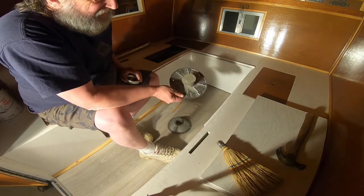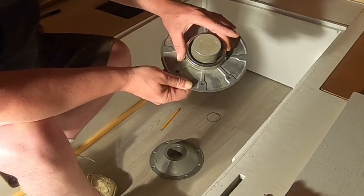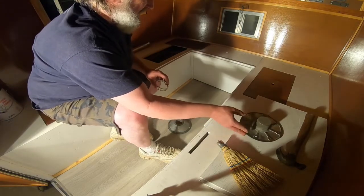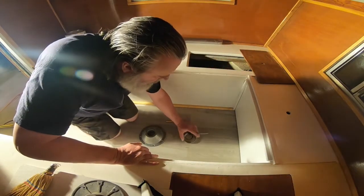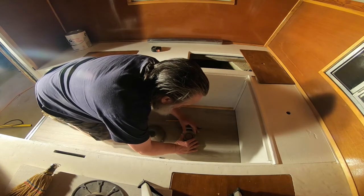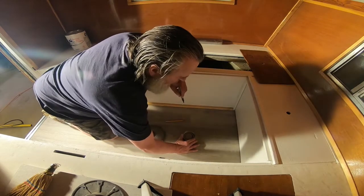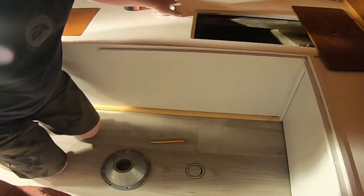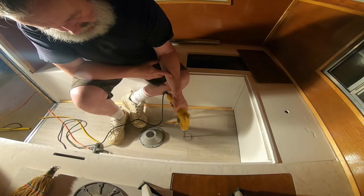Okay, now because this sinks down through the floor, I'm going to use this to make a bit bigger of a circle. That way there's some movement either way. And a bigger circle should be easier to cut with the jigsaw. Okay, I think you're aimed in the right direction. Like so. There's a circle. Now, the scary part. Okay, we need a hole to start the jigsaw, so...